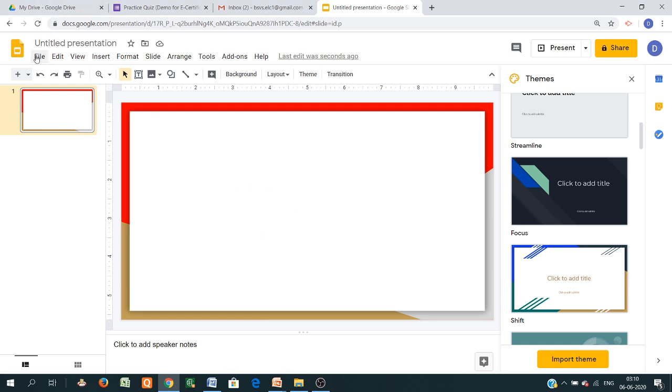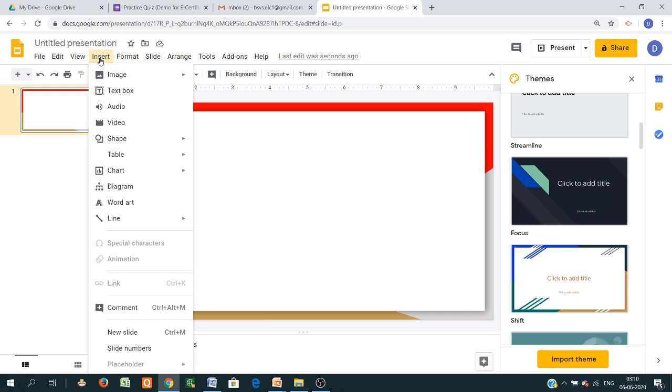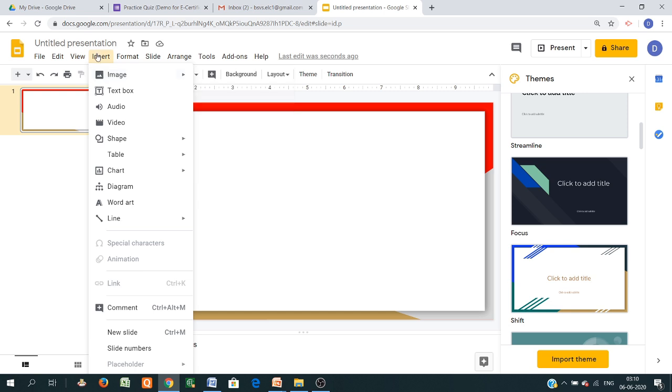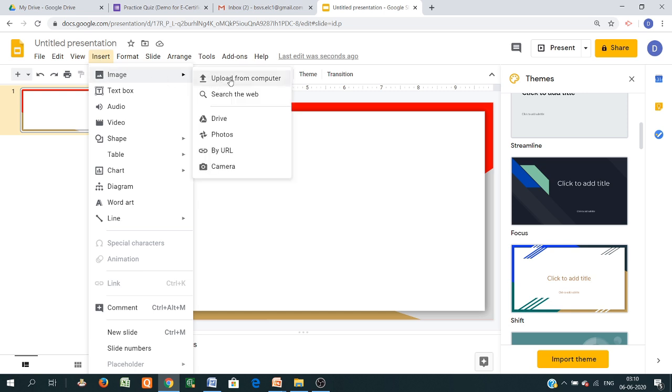So this is the one option, file. Then another option is called insert. Now in the insert option, there are two very important options. One is the image and the other is text. Suppose I want to add the college logo, just click on the insert button, then image and upload from computer. There are different options also available.